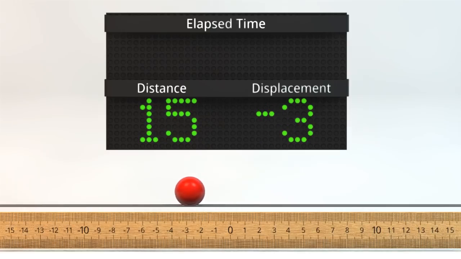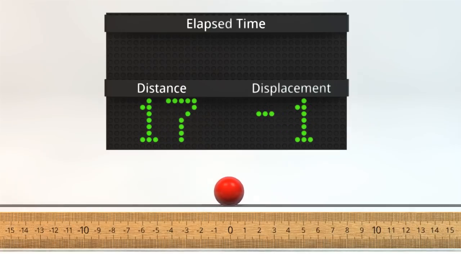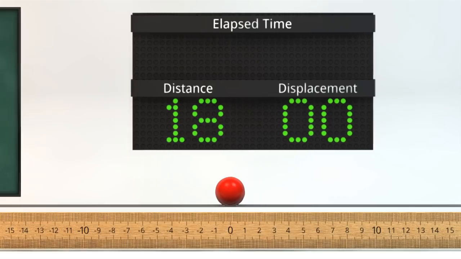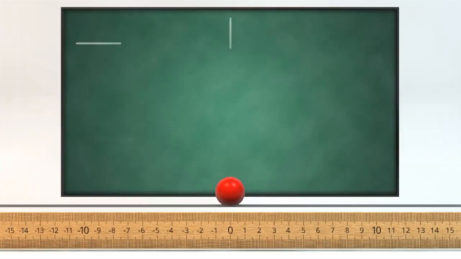So we can see that the distance tells us how far we have traveled, but gives us no information on where the ball is at any time. While displacement tells us where the ball is, but on its own doesn't tell us much about how far the ball has really traveled in the past. The differences between displacement and distance are so important that scientists came up with 2 words to describe these differences: